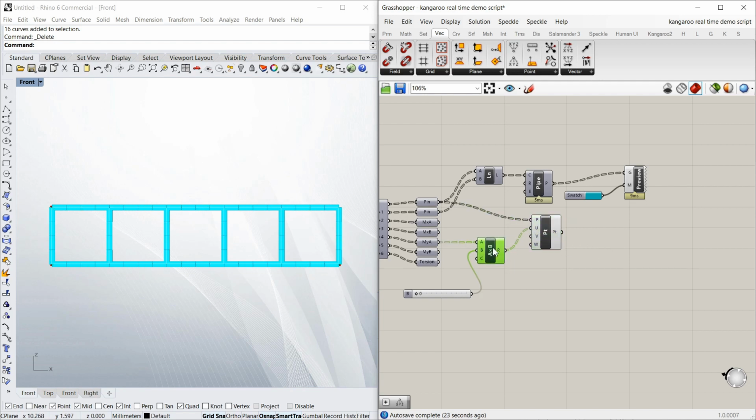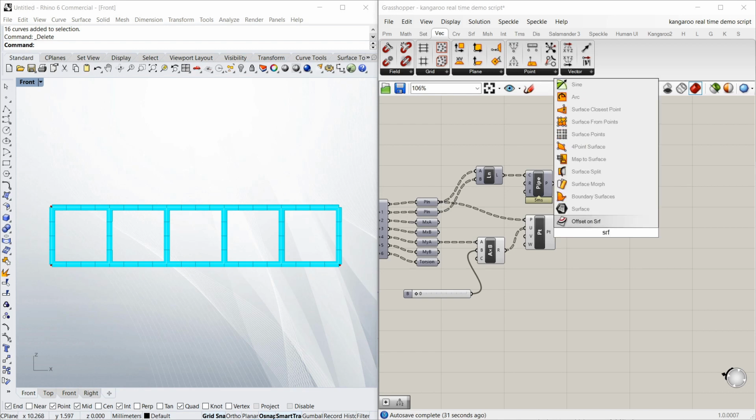Structural engineers do it one way, other people do it another way. I'm not going to go into it right now, but suffice to say you can switch it if you prefer